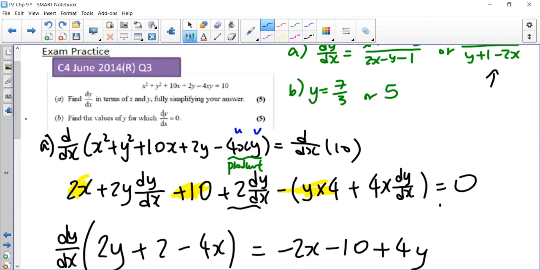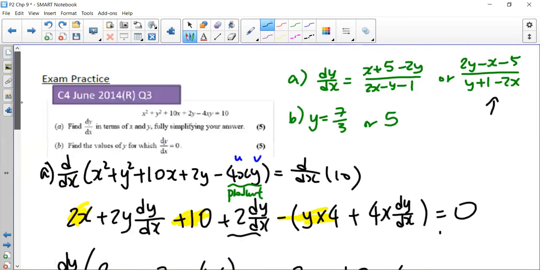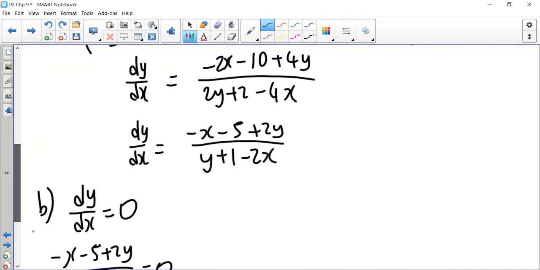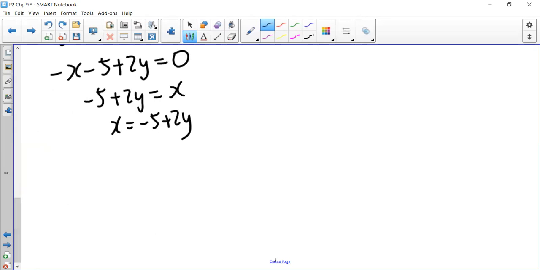I want to find the values of y for which dy by dx equals 0. So I've got one equation. To find the value of y, I sub into the original. Right? So I'm going to make x the subject in here. So if I bring x around inside, it becomes minus 5 plus 2y equals x. So x equals minus 5 plus 2y. I'm going to substitute